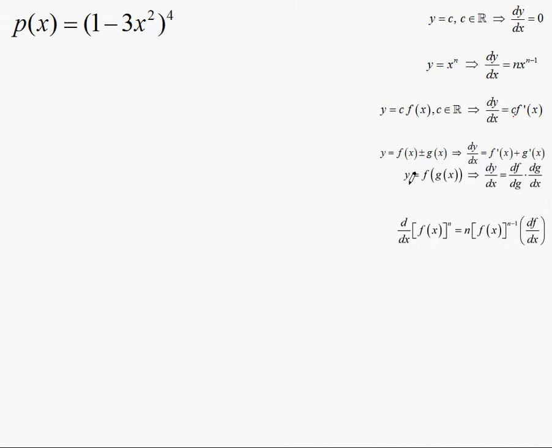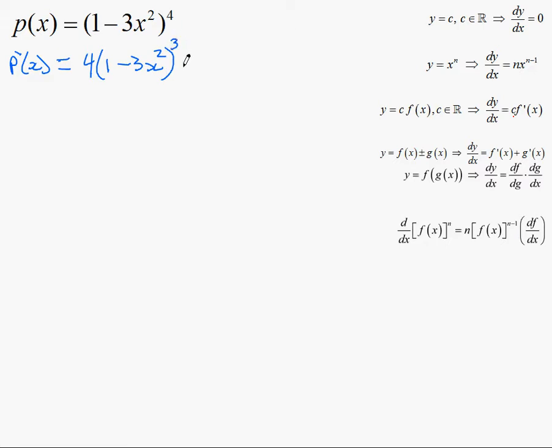That's a specific example of the chain rule, which we have written here, where we have a composite function, where we take the derivative of the outside function first, multiplied by the derivative of the inside function. In this case, the outside function is the exponent, the inside function is f of x. So in this case, p prime of x, we take the derivative of the 4, the exponent first, so the 4 comes down, 1 minus 3x squared stays the same,